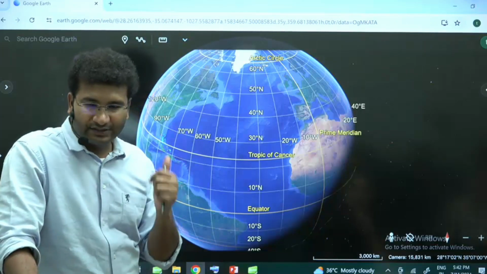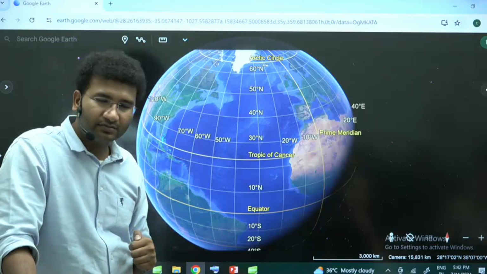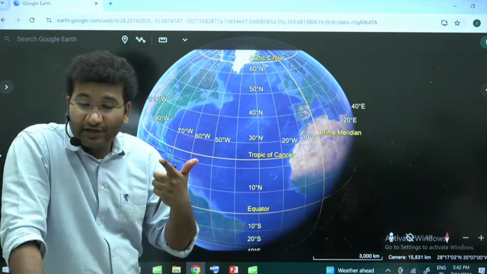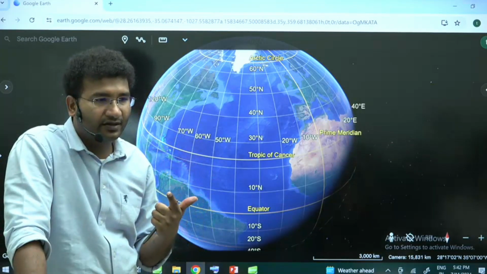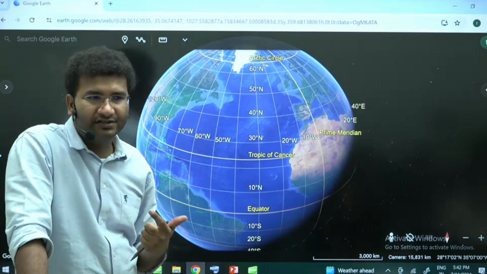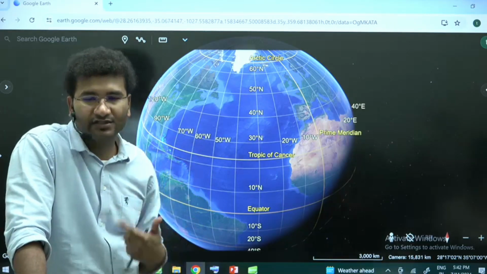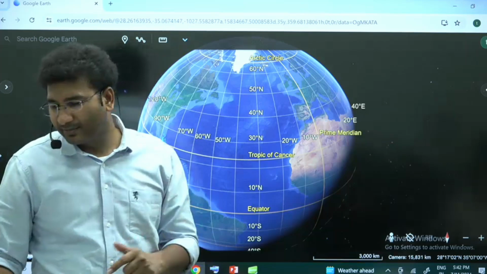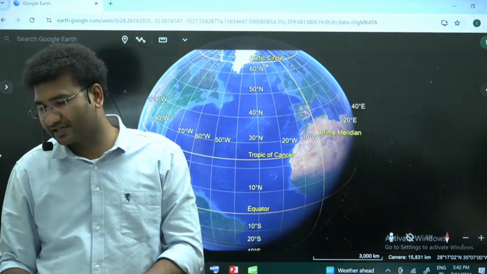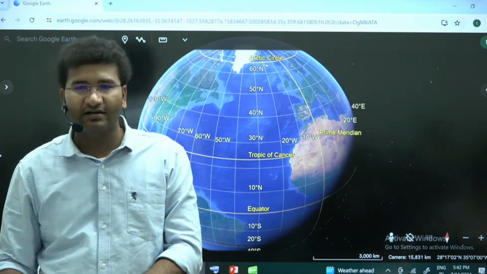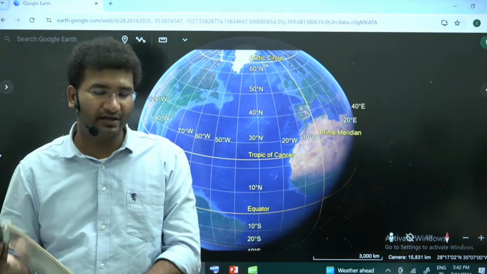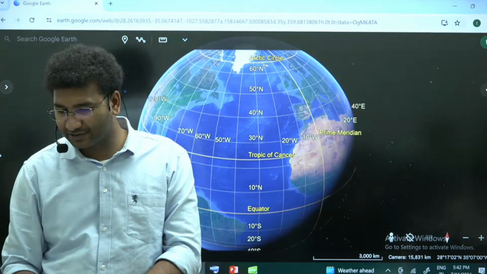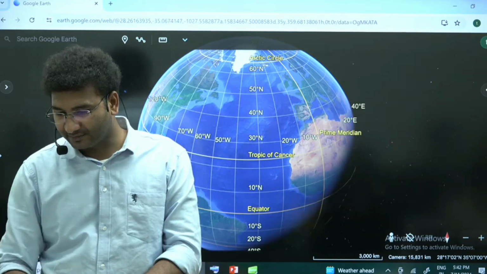Right? Firstly, why are ocean currents formed? They are formed because of wind plus rotation of the earth. Okay? They can be formed because of the winds. Winds are the generating forces. But there are also primary forces and there are secondary forces as well. Primary forces are the distribution of unequal heat. And there are also secondary factors that will lead to the formation of ocean currents.